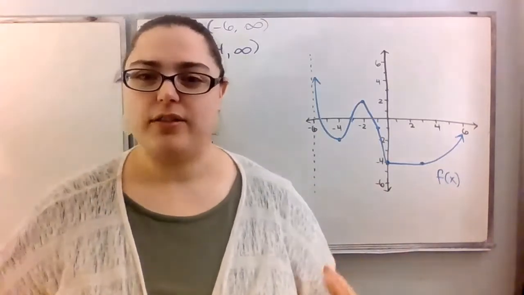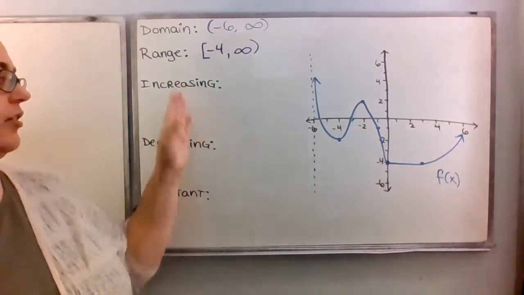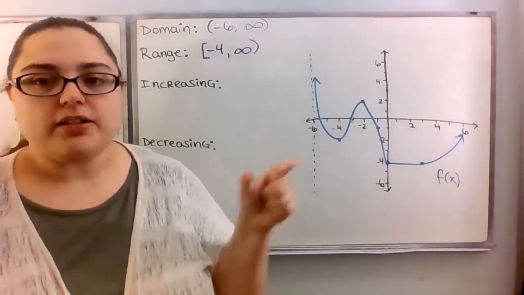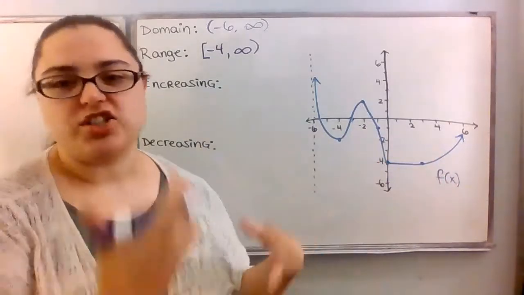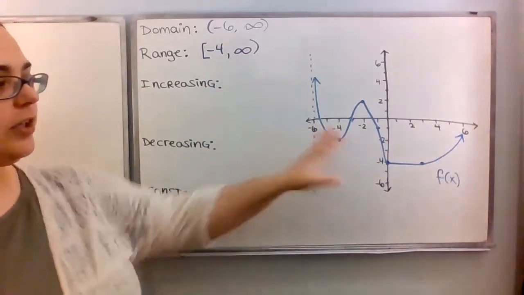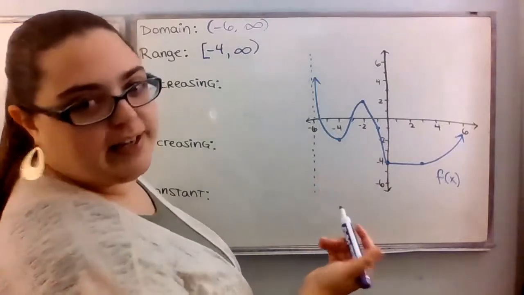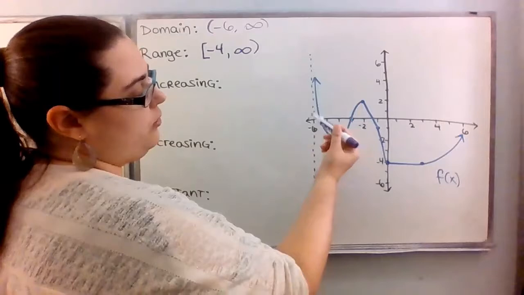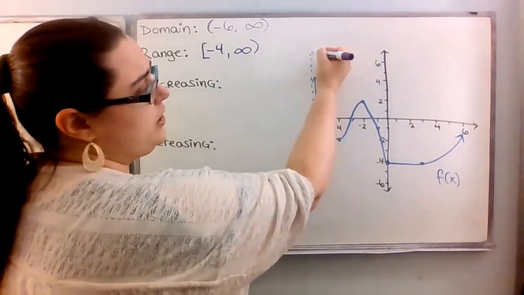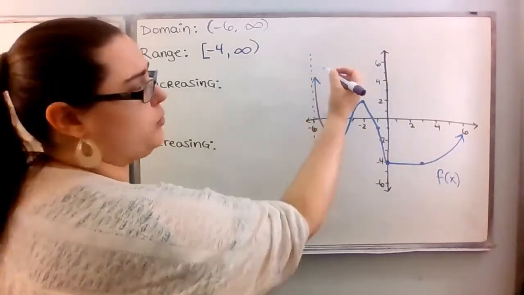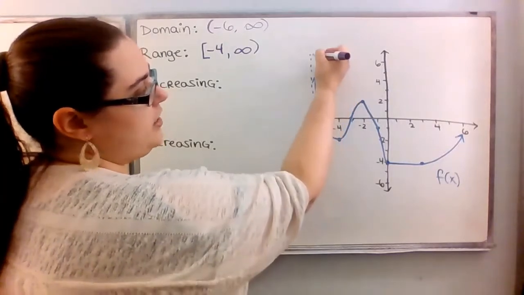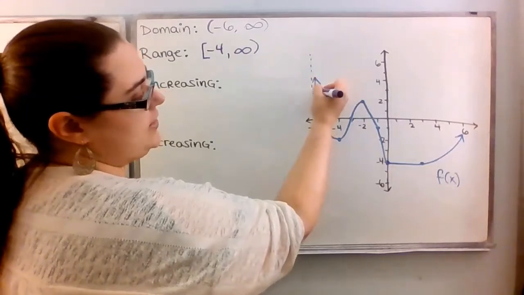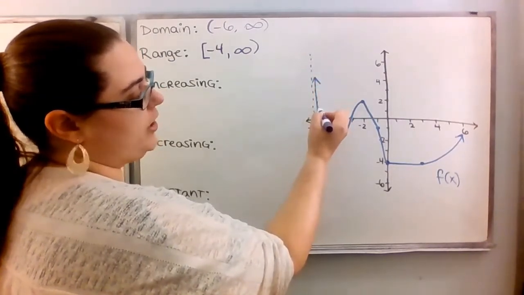So you can think about this where we're finding intervals of increasing, decreasing, and constant. You can think of that as like finding little mini domains where the direction changes. So when I look at this function, I don't know why I'm an ant, but I always think of myself as an ant walking along this function. So this was a very steep hill at the beginning here towards -6. And as I've been walking from just after -6, really, I've always been going downhill, right? I'm a little ant and I'm walking downhill